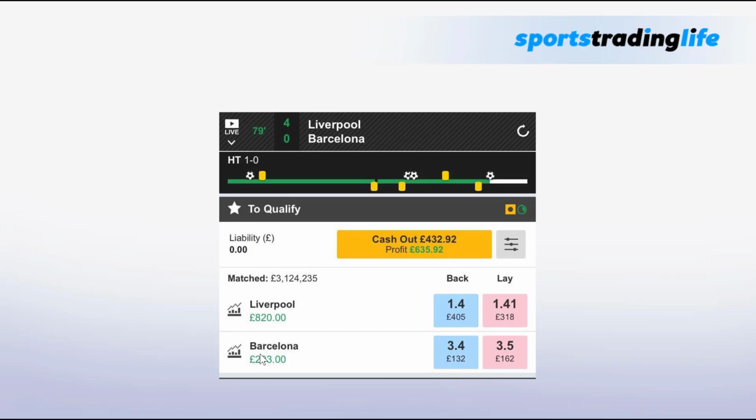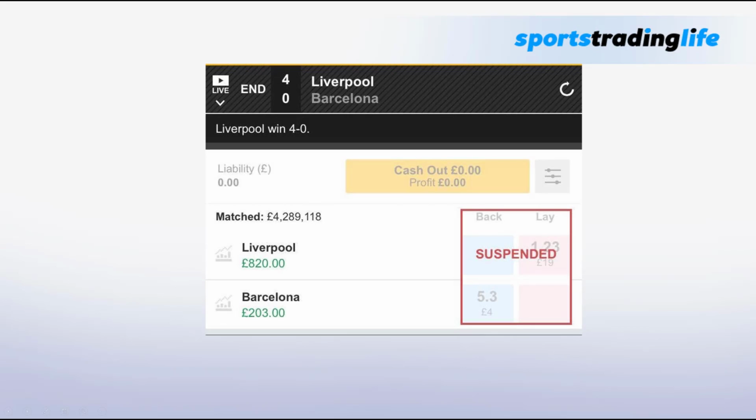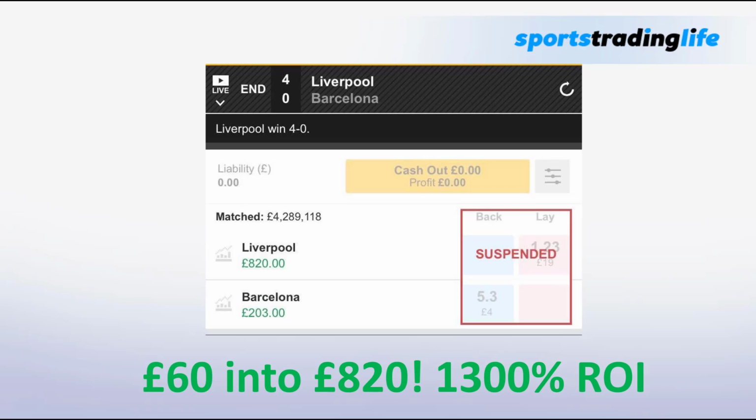But I was ready and waiting to do that, but nothing materialized to really make me do that. So in the end, you know what the final result was. And so this was the final screen in the end. I did take the screenshot just to prove that I didn't bottle it and lay Liverpool even more. I just completely stuck to the guns. So in the end, it was a £60 initial risk turned into £820,